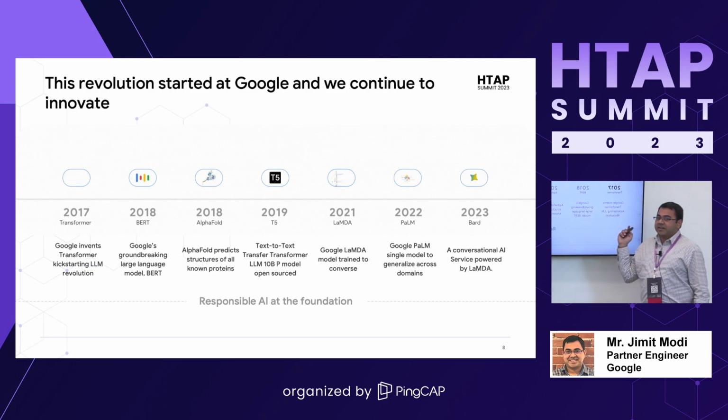Right, so this all started in 2017 when Google first launched the transformer model, and then as you can see, year over year, there are newer and newer advancements happening. The latest model out today is what we are calling Bard. All of you should have access to Bard. This is an add-on which you get on Google Search. Basically, you can still go and do your own search, but Bard is going to give you those generative AI capabilities.